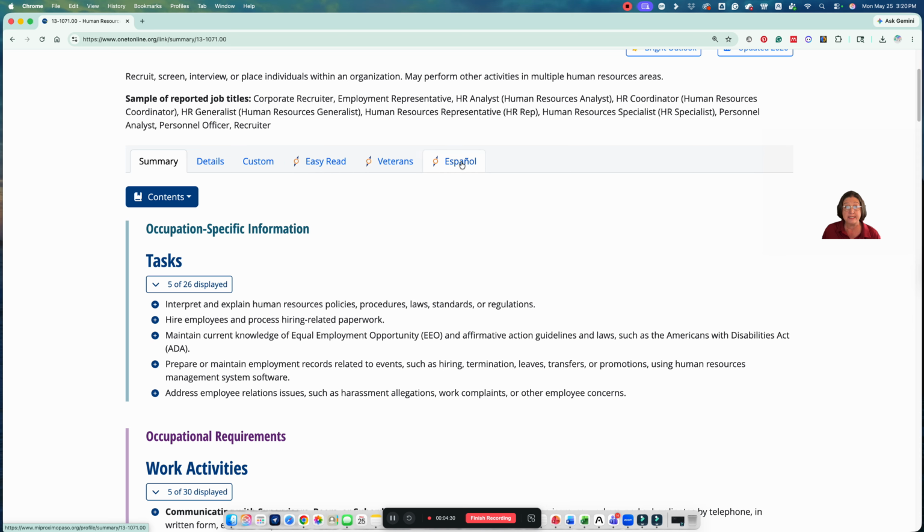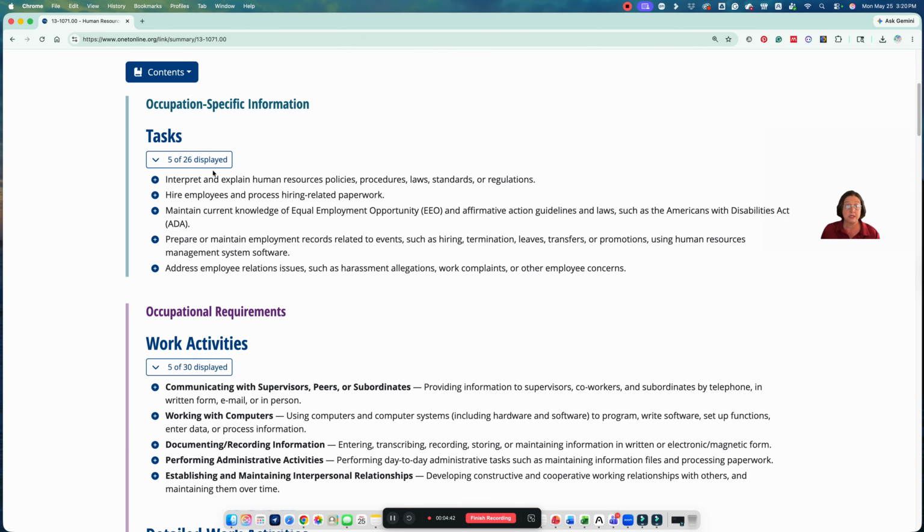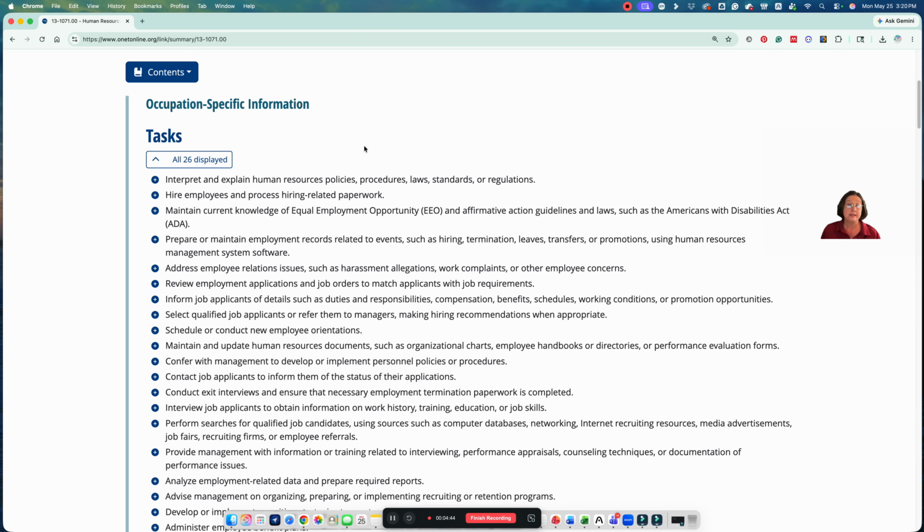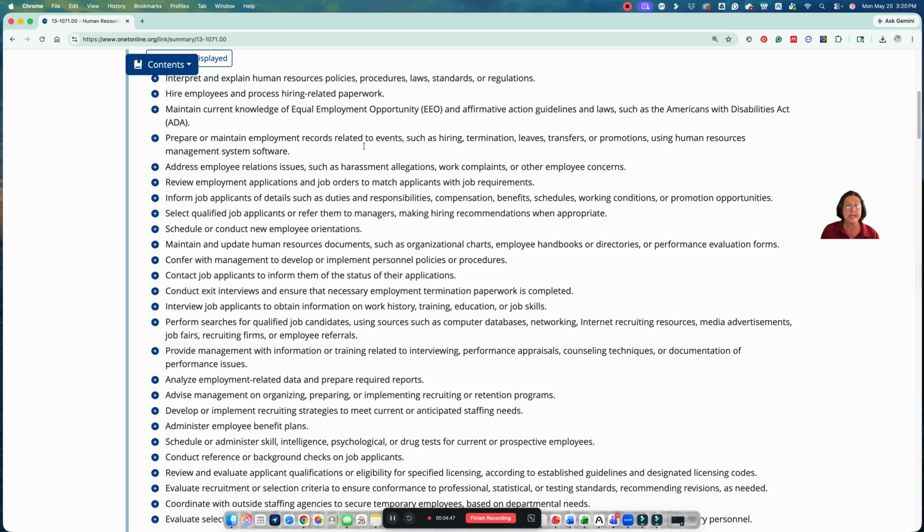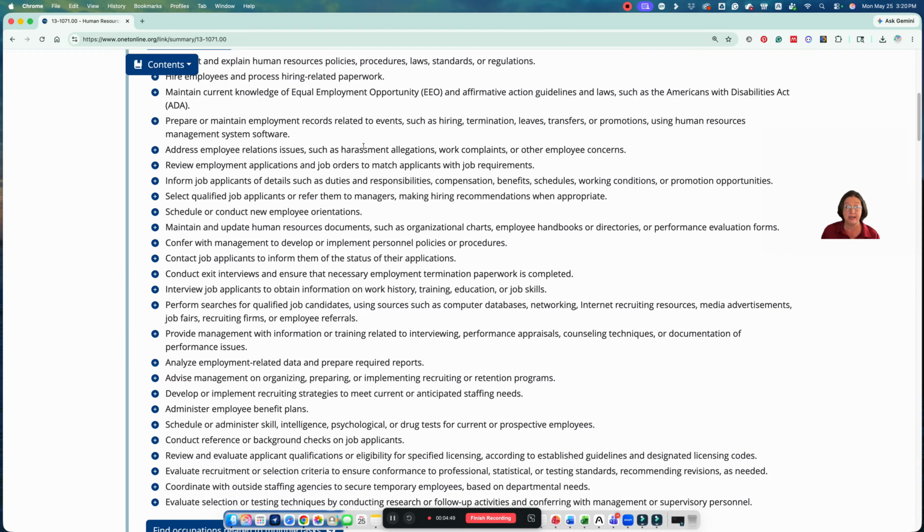These are some basic tools that will give you some ways to drill down into this information a little bit easier. If you need it in Spanish, if there's special veterans information here, that's all relevant. But let's just start with the top, the tasks. These are all of the common tasks that you could expect to conduct as an HR specialist. And if you click